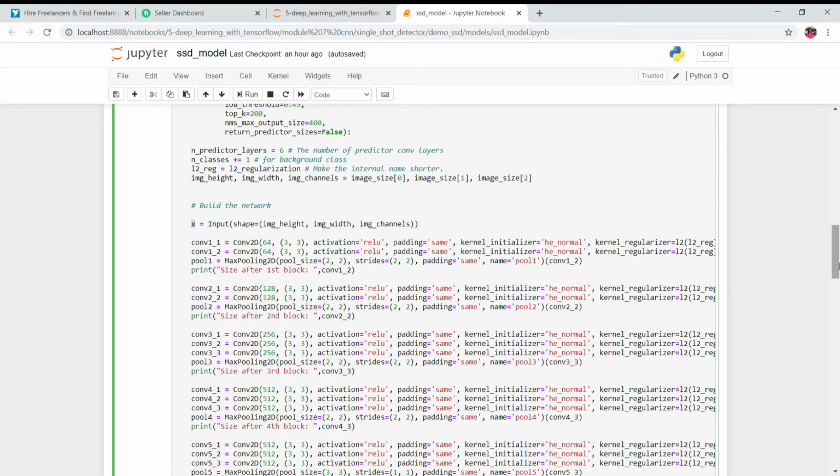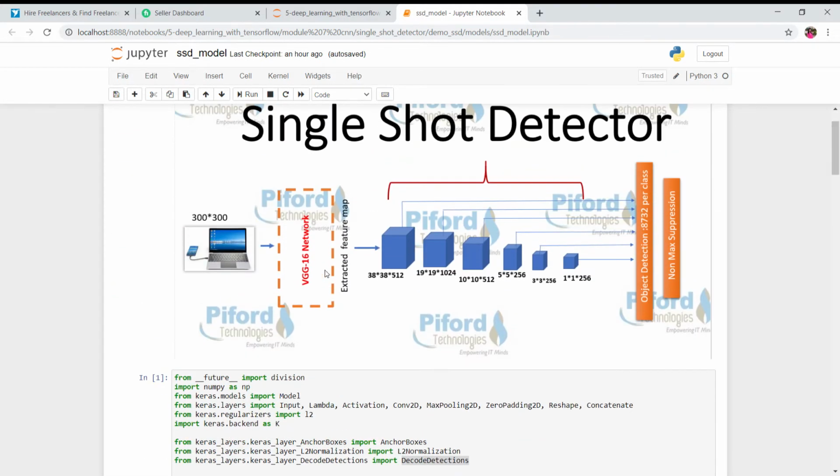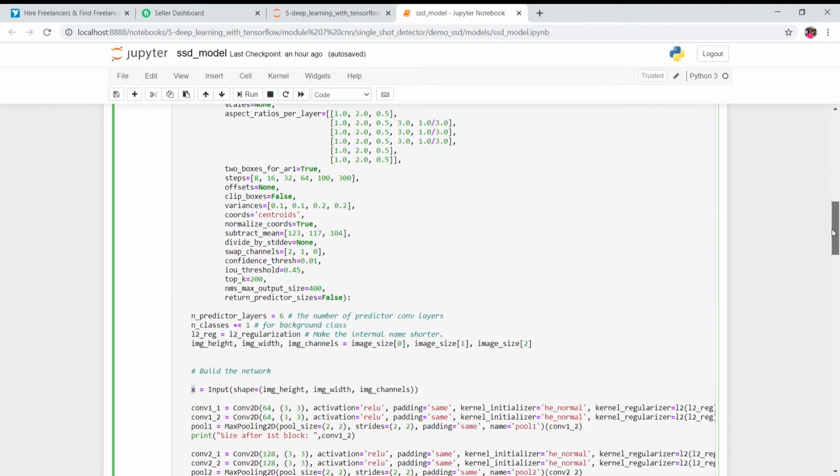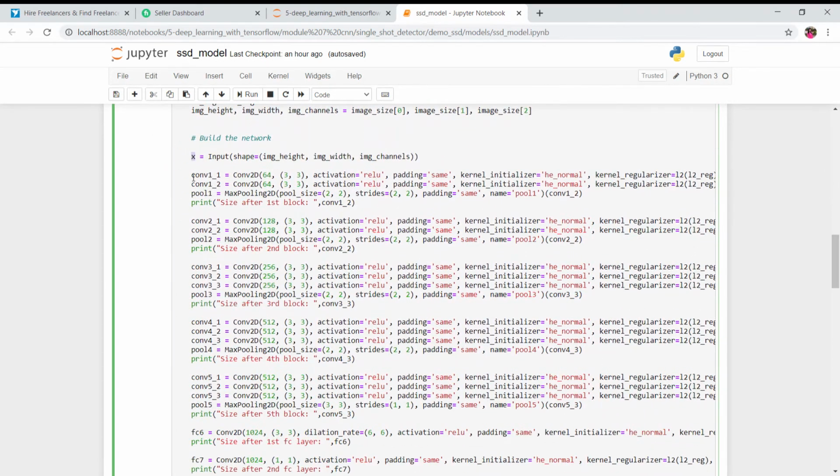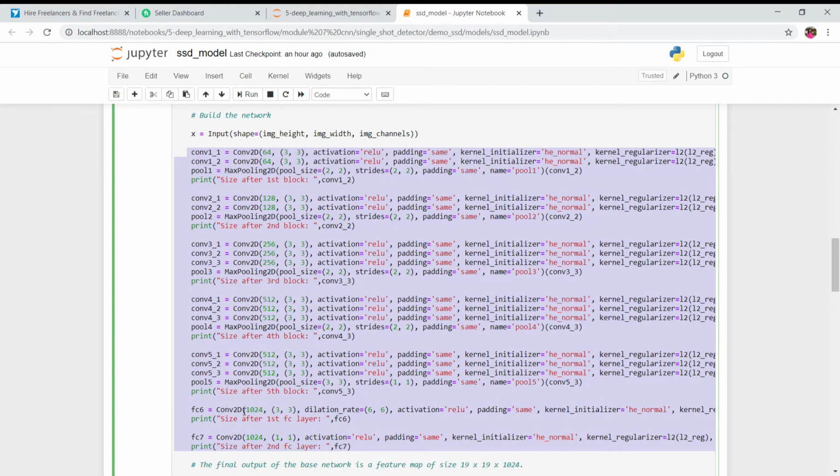So as I've just shown you, the starting of this single shot detector is with the initial network, which we are using over here, VGG16. This 16 means we are going to have 16 layers. Okay, so this is what we are doing over here, starting from here, and it will go till here.